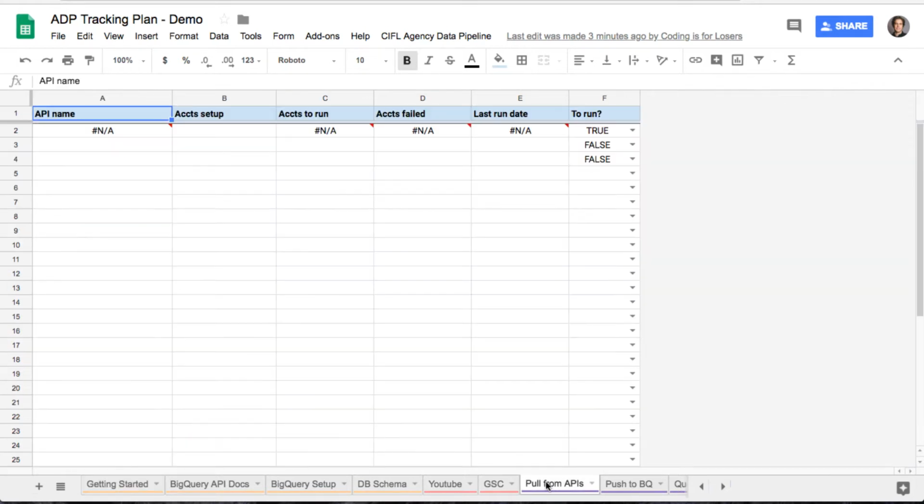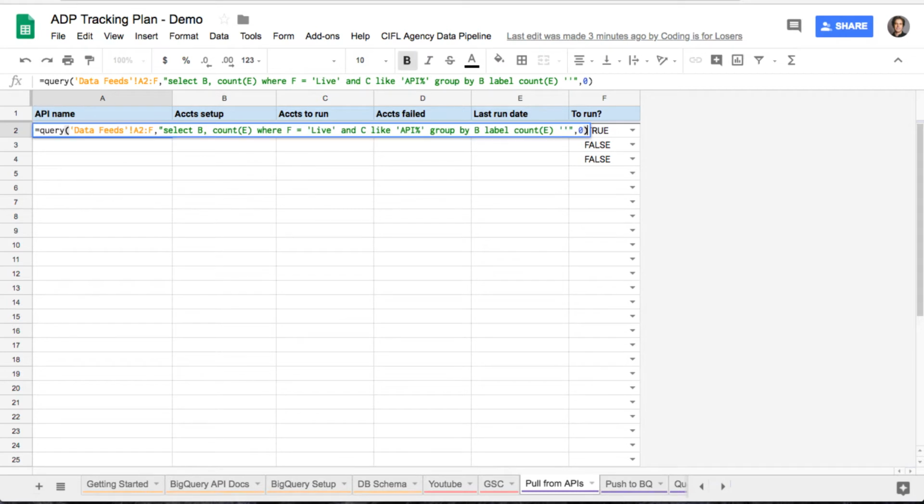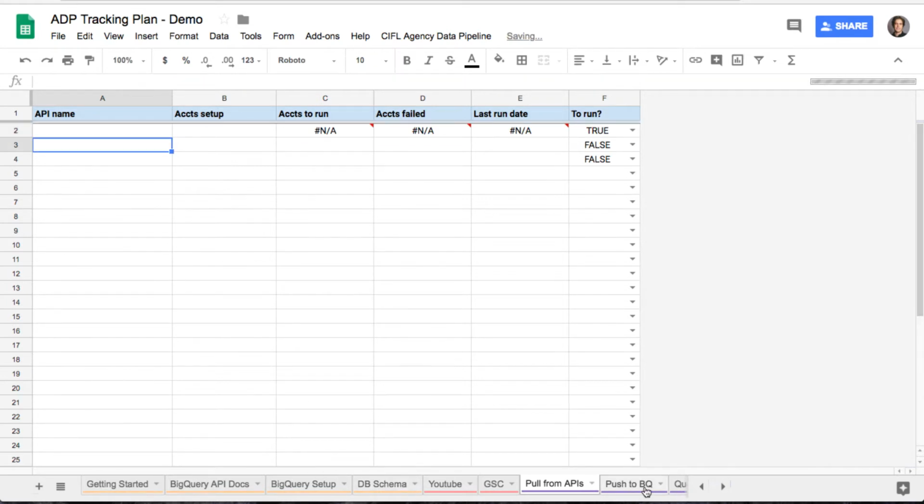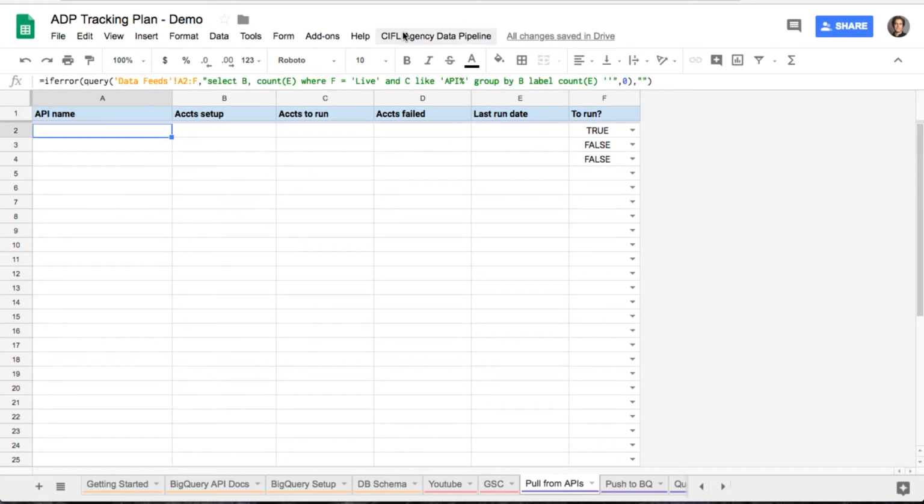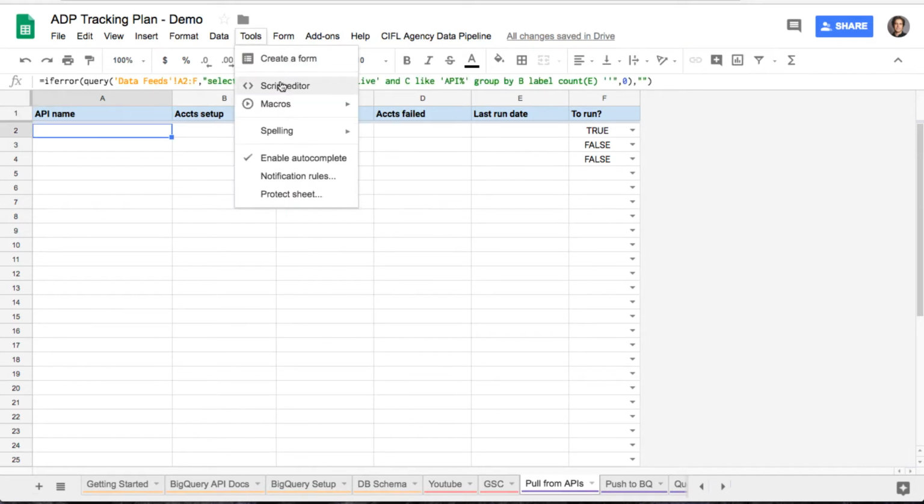So a few different pieces of work could be happening here. So the first thing is you'll want any APIs that you're pulling from to run first. So for that, we'll go to the script editor,